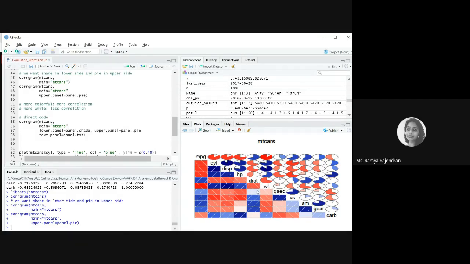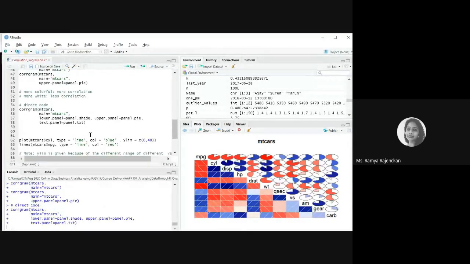This is how the entire code looks like. It's actually default, okay? So the panel will always be shaded and you'll be having the text. So this is the actual code that you should be using. Okay, see the output didn't change.